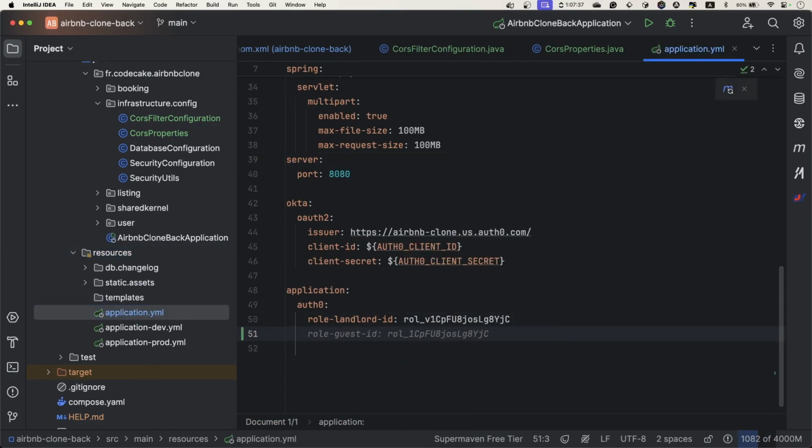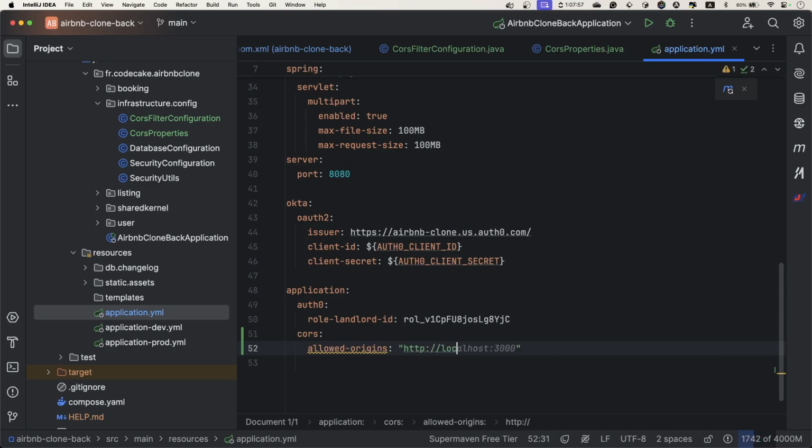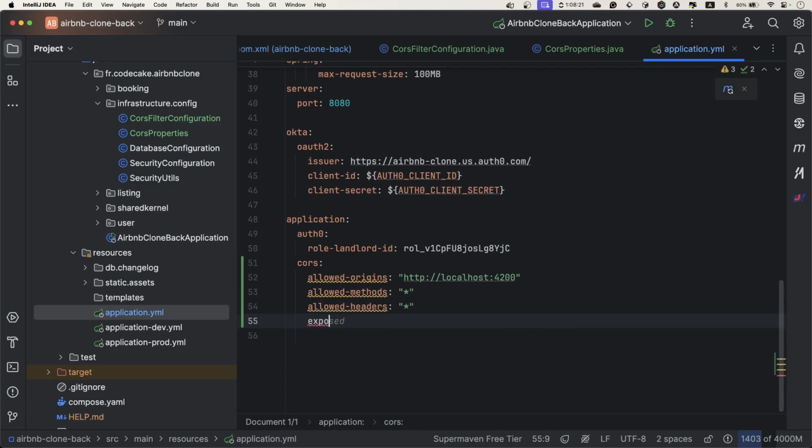Here we are going to add the CORS properties that we added before. So first the allowed origin. In that case, it's going to be http://localhost:4200 because here it's the one that we will use for dev. And then for allowed methods we can put stars. Allowed headers is the same. Exposed headers the same. Allow credentials is on false. And the max age will be 3600. So these are the default parameters. Now let's go to the